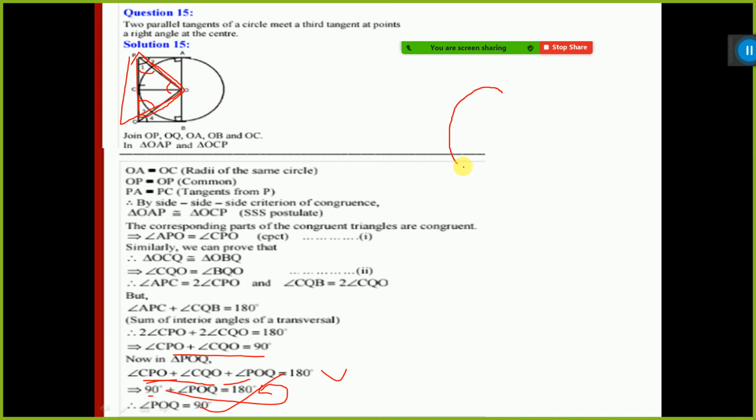The diagram I am drawing again. This is one tangent, this is one tangent, and with this tangent another tangent drawn 90 degree with this. See here. So this tangent, this part will hold 90 degree to the center. This is only we have to prove. This angle will be 90 degree, we have to prove this, and see, it is proved here. Understand?